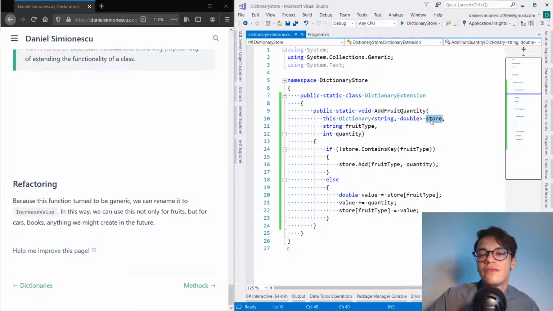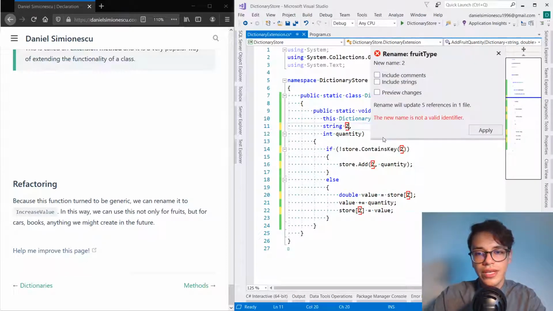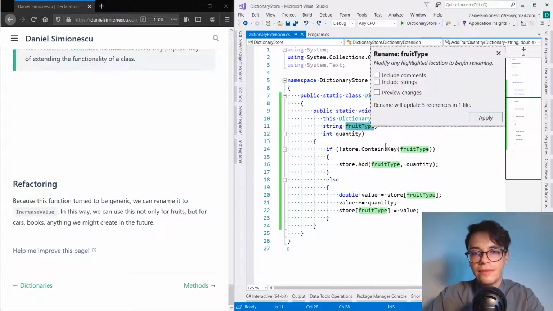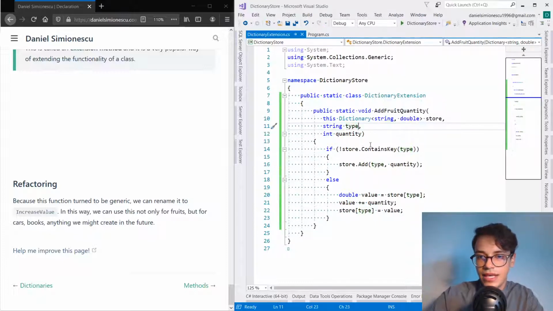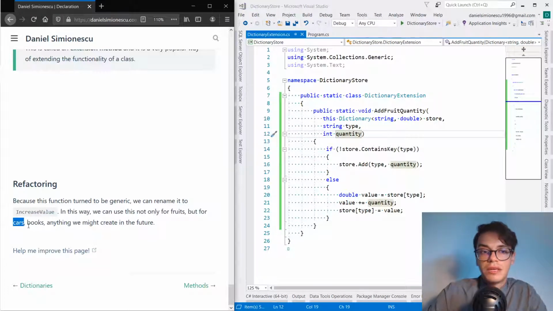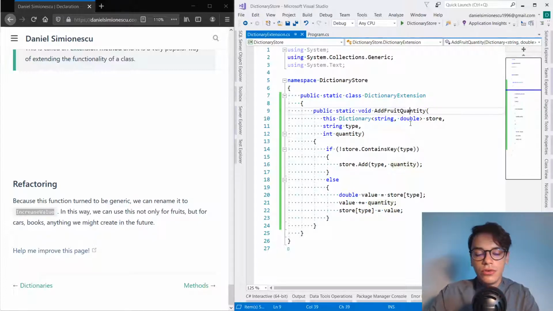Because you can see that we have a store, and then we pass a fruit type and a quantity. If I'm going to rename this to type and then quantity, you can see that this type is a string and this is a quantity. And it can be for cars, it can be for books, it can be for anything. This has become a generic method. And you can see that I just pointed out that you can name it increase value. So you can say